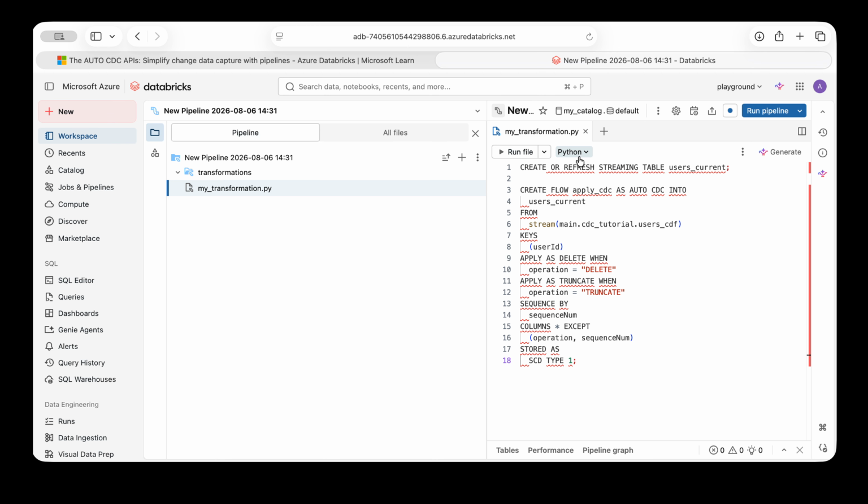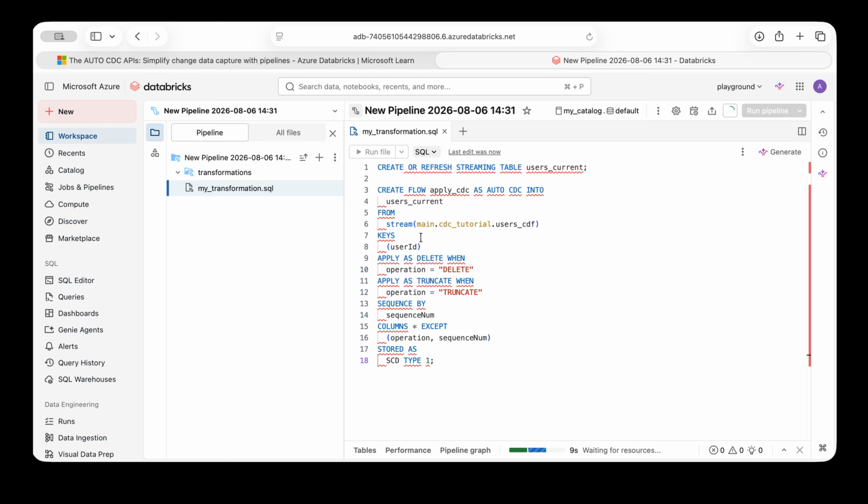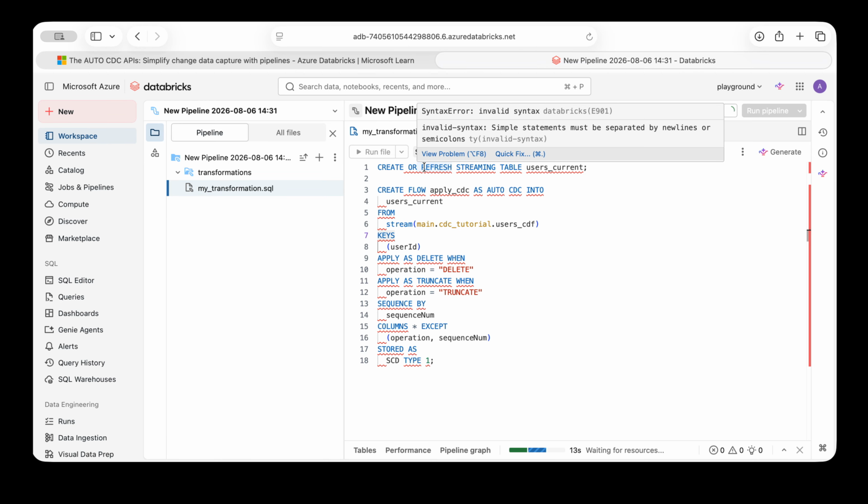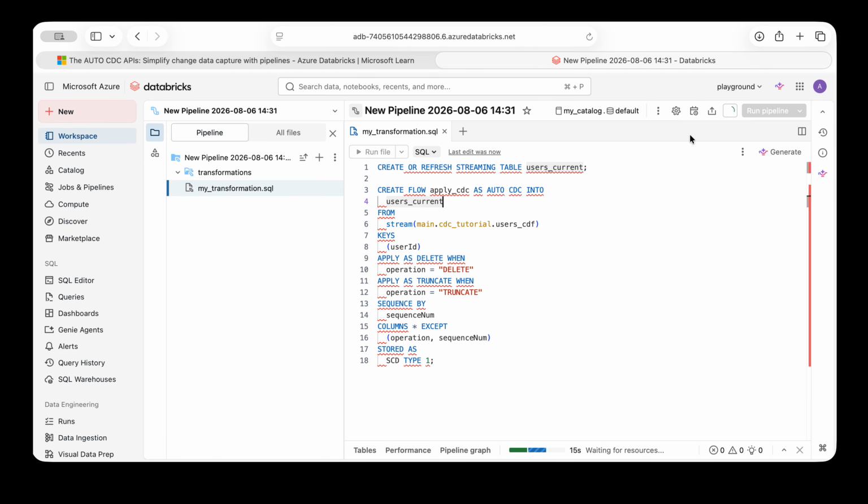Okay. So, oh yeah, this is SQL by the way. And we are going to say, I don't know what this is. Starting pipeline compute. Oops. This is too big. I don't know why. Okay. So apparently it does not like a lot of things. I'm waiting for my compute to start here. I don't know. Okay, compute started. And if I run this file,